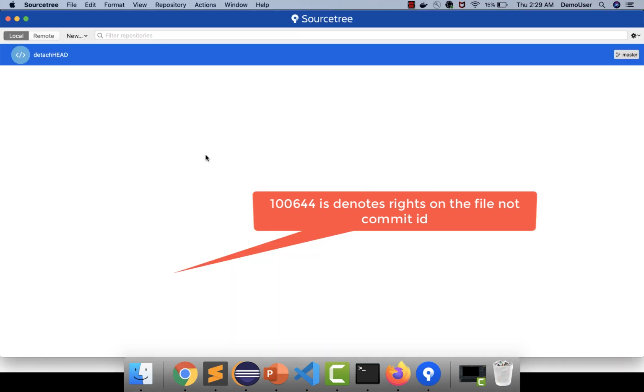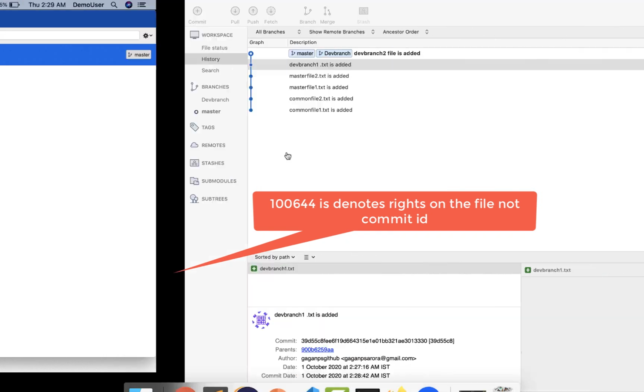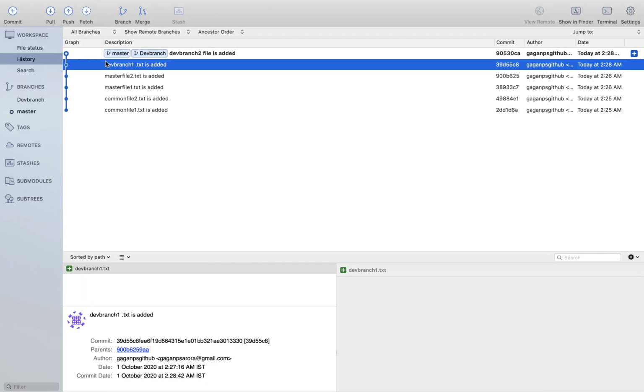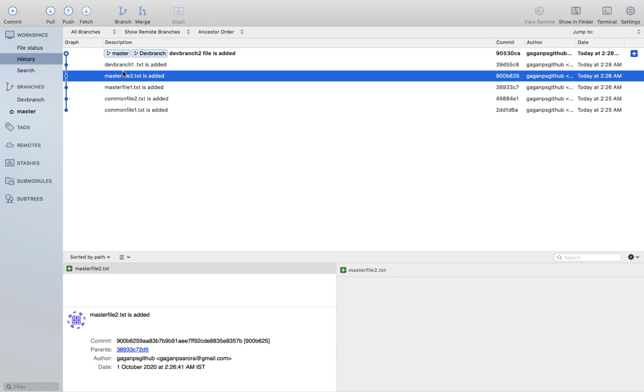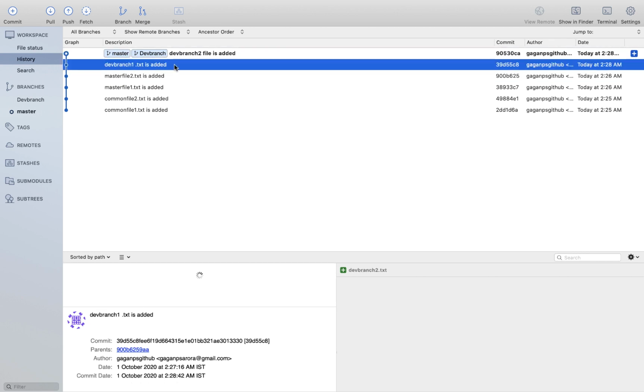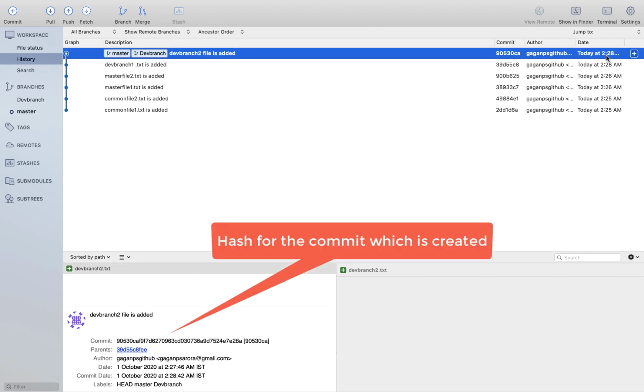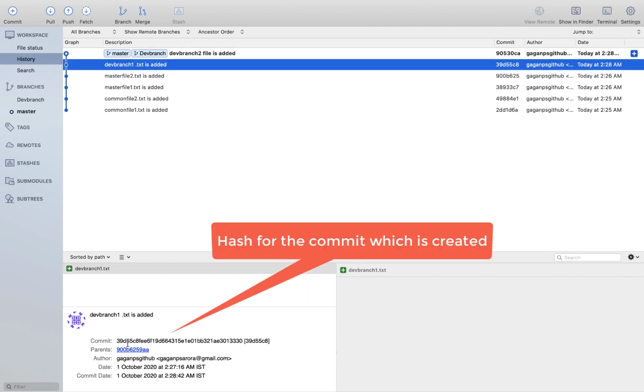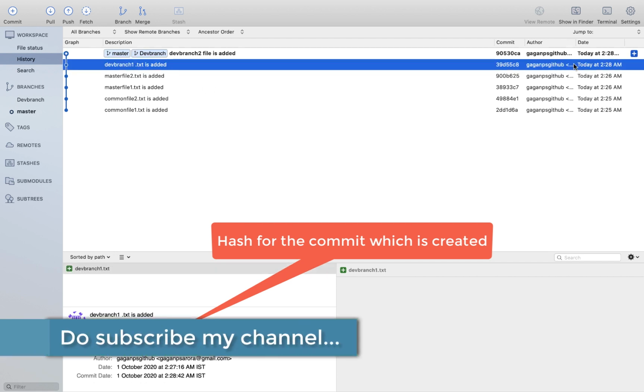So if I go back to my source tree, you can see these 2 commits have been newly created. That's over here and that's over here. If you see the timestamp also, this commit has been newly created over here, and this is the commit ID that has been created by doing a rebase, and that's how we can see it is all working.